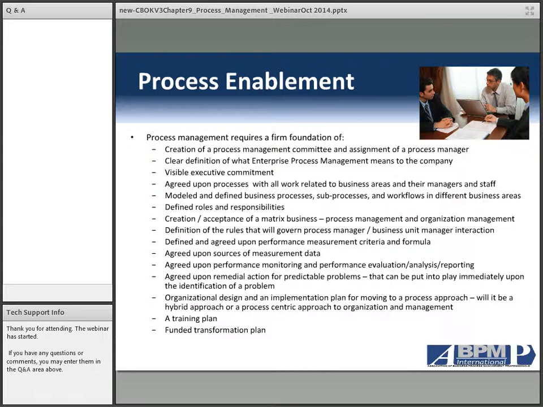It's literally going to take, with all the processes in the company, as you move from process to process to process, gaining momentum, experience, and credibility, you're going to evolve the organization, and that's going to take a fair amount of time. A larger organization is going to take a lot of time. So what you need is an ability to have this program outlast the individual senior managers. It becomes a strategic initiative with guaranteed funding and guaranteed commitment for a long enough period of time to actually implement it.